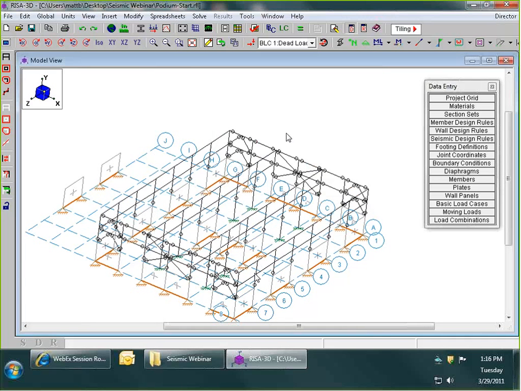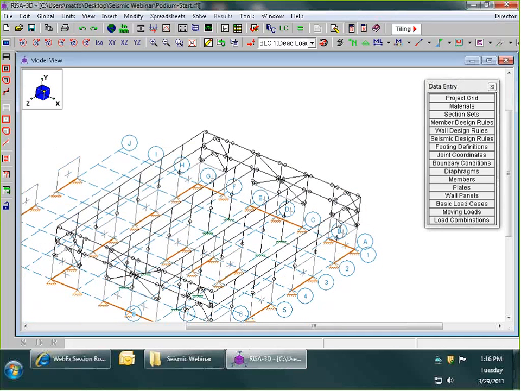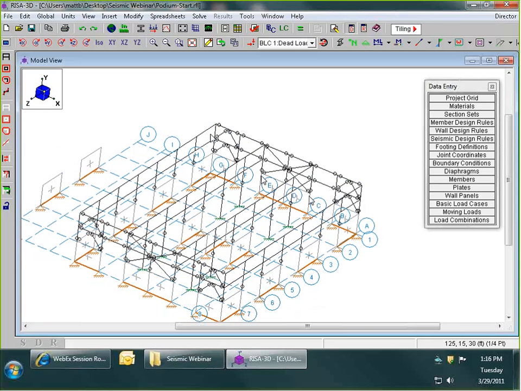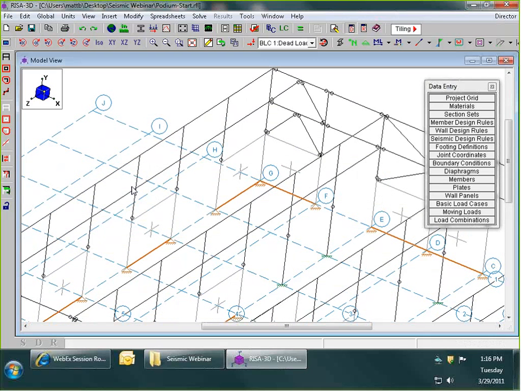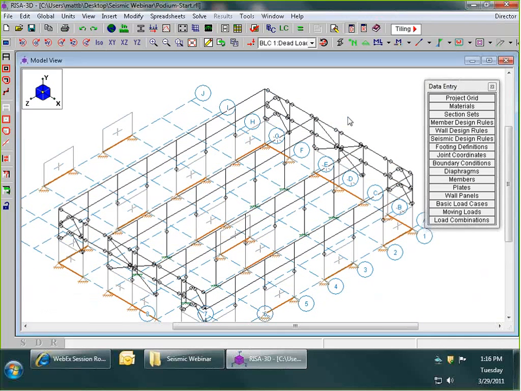But according to the AISC 7, if we have enough redundancy in our structure, we're allowed to use a 1.0 factor for rho. Now, how do we define that redundancy? Well, basically what the code says is that if I were to remove any brace running in the X direction, or if I were to remove the moment connection on any of these moment frame beams running in the Z direction, then I am not allowed to lose more than 33% of the strength of that floor in terms of